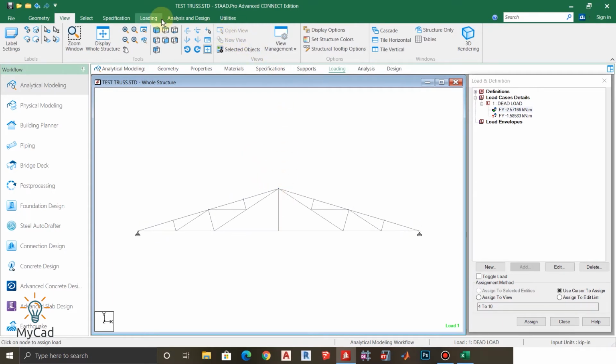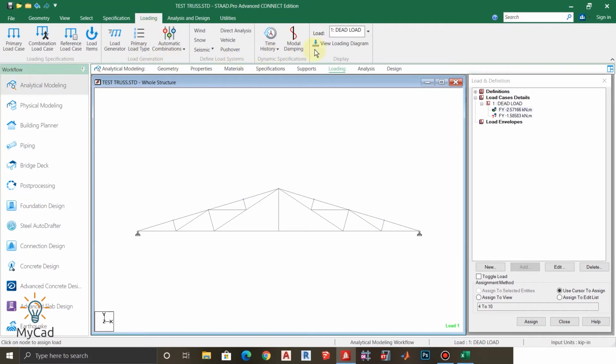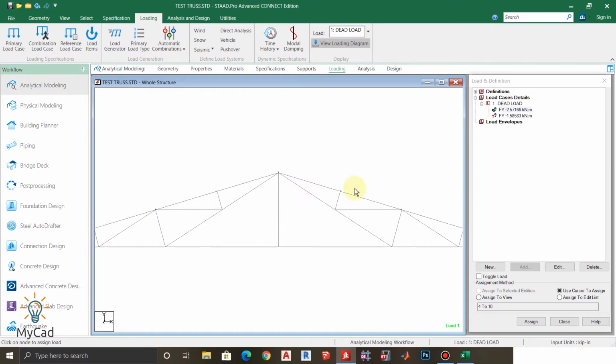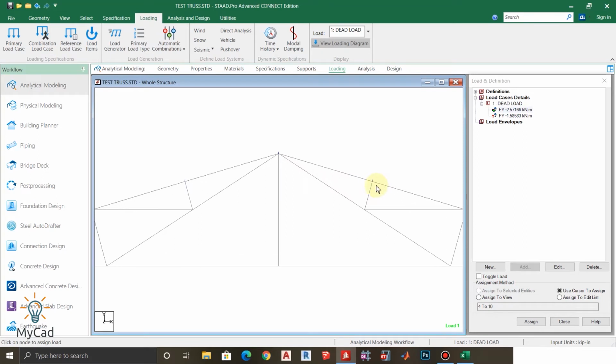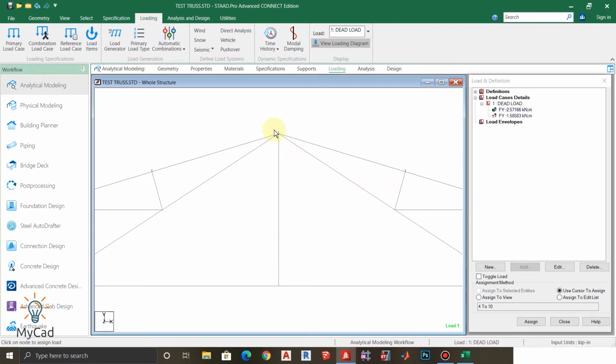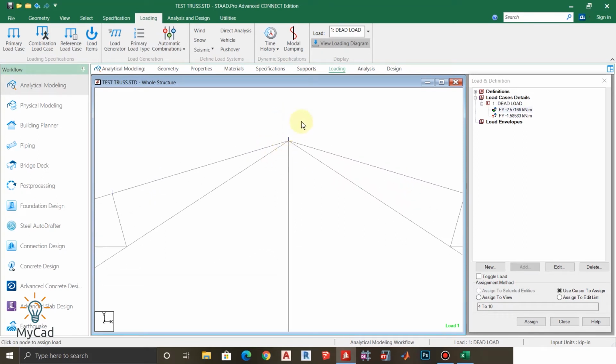So to do that, go to loading, and here you can see show loading diagram. After that the loads will be visible, and if I now zoom, you can see the load is here.